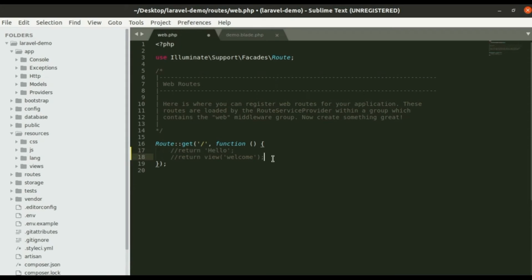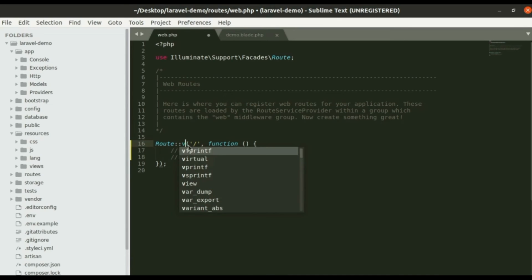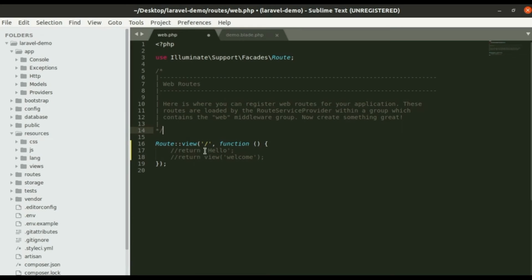Now I want to load the view we have just created, demo. There is also a command with which you can directly load the view. Instead of get, we use Route::view.